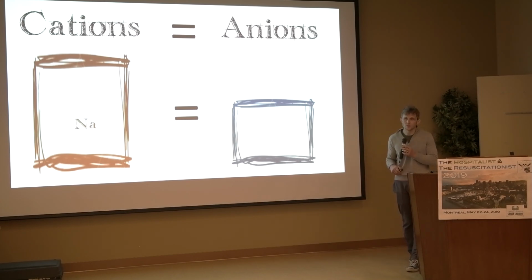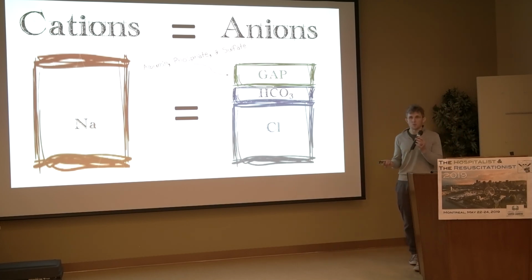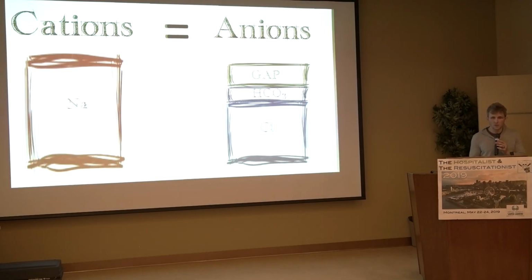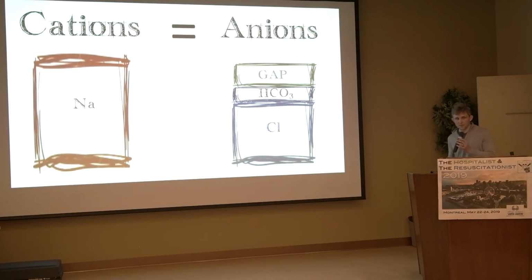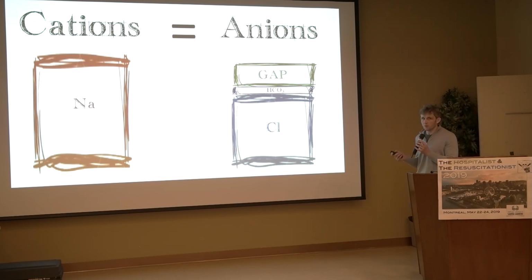The largest anion is chloride, and then bicarb. And then that last one, what's in the green box? Albumin, right? But this is what we classically call our gap, right? And the gap is not a literal gap, it's just filled with stuff that we used to never measure, mostly measure now. So it's albumin, phosphates, and sulfates, and so forth, right? So this is everything about acid base, right here. This is all you have to know, is this kind of schema. Because the only way that you become acidotic from a metabolic perspective is one of two ways. Your chloride increases and your bicarb decreases.